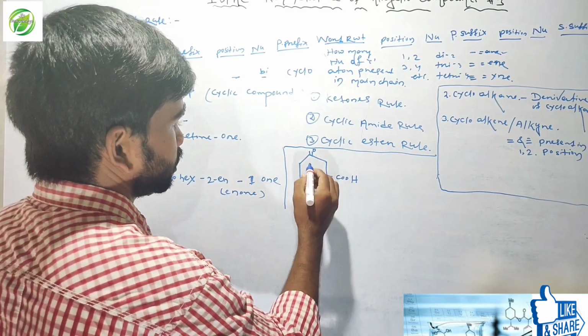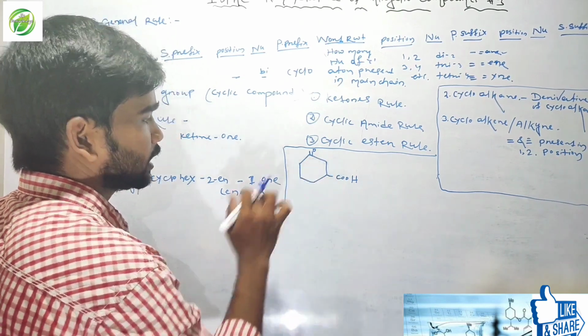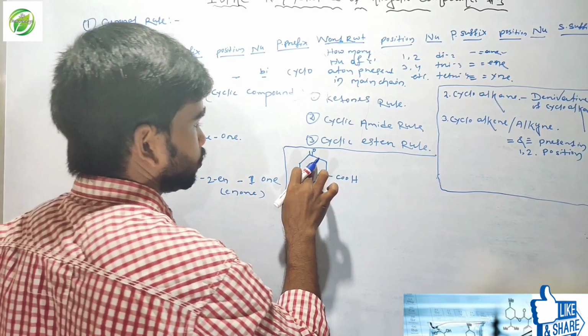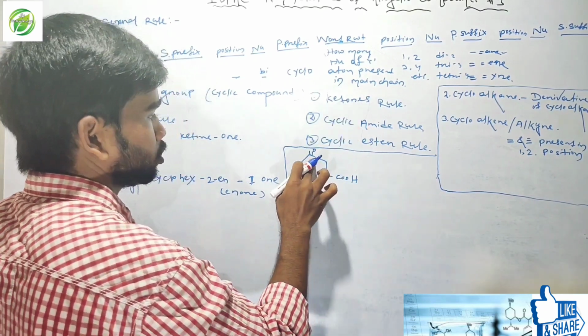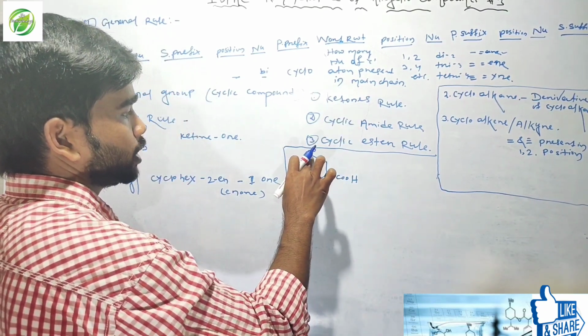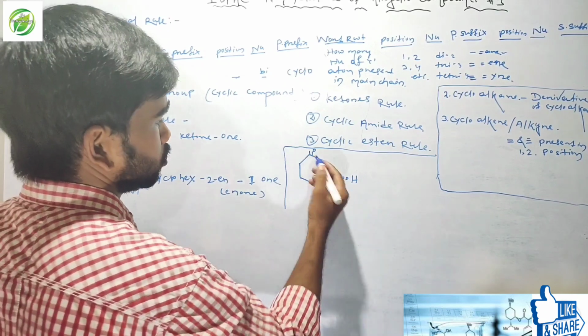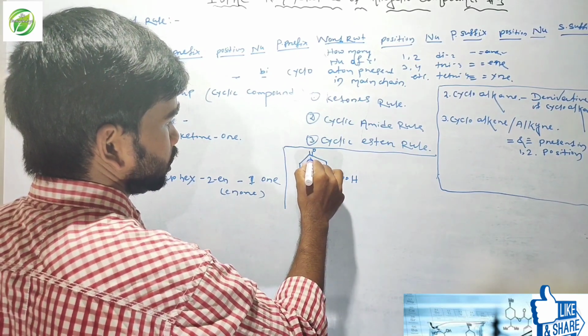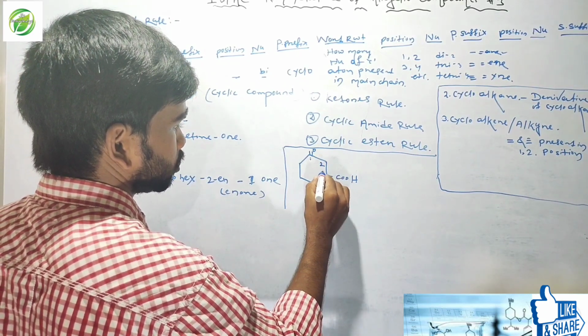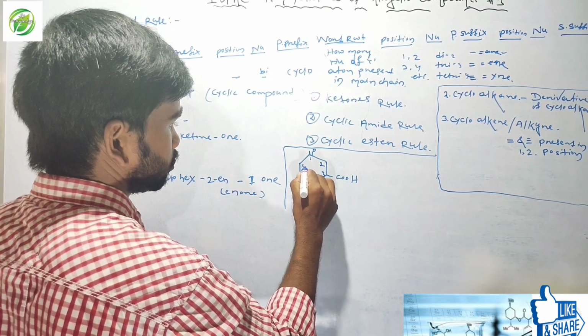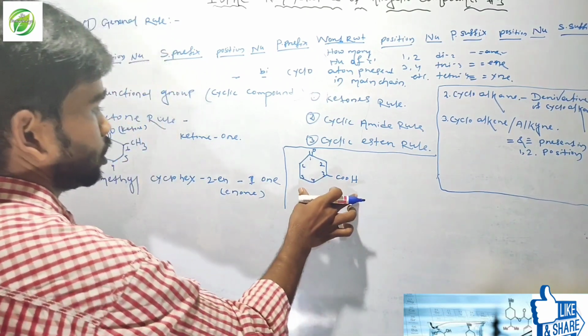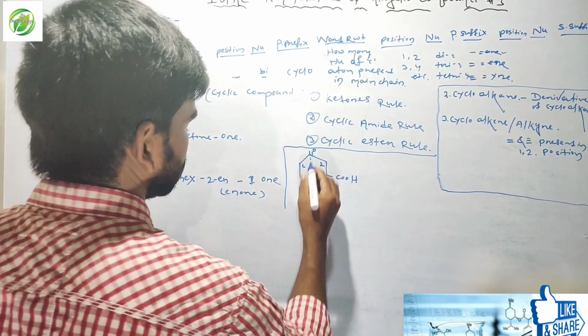But friends, when the ketone group is present in a cyclic ring, we follow this ketone rule. Ketone is also the main functional group. So we start numbering from this ketone position. 6. So the resultant name of this compound is,